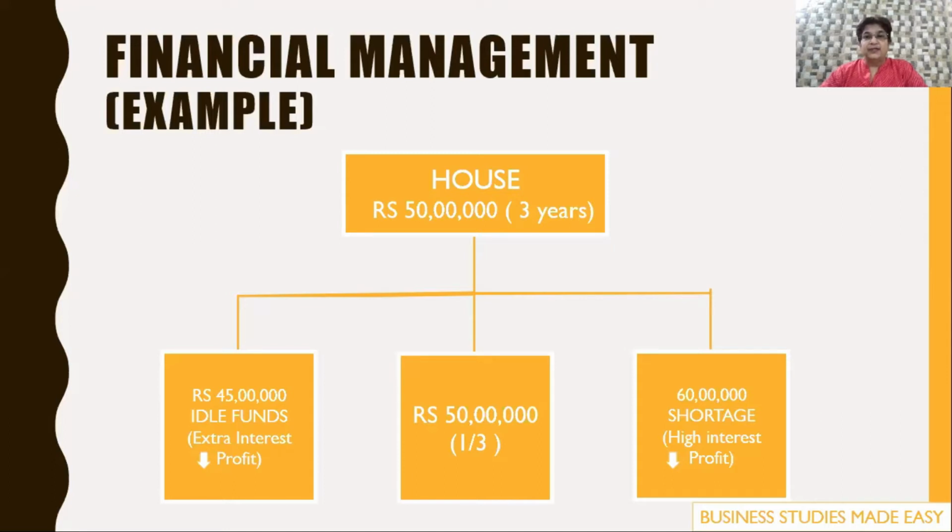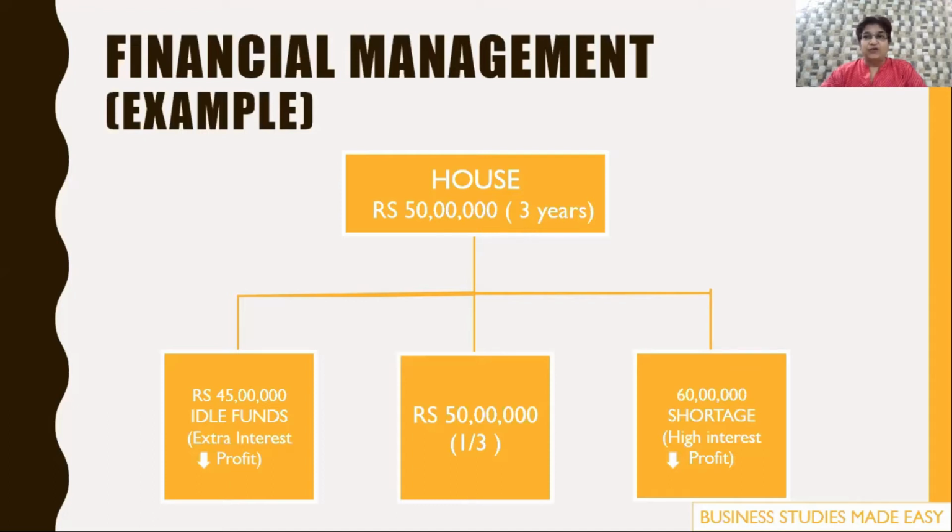And the third possibility, suppose the cost goes up due to various reasons. 3 years is a pretty long time. Anything can happen. So suppose the cost goes up to 60 lakhs and now the finance manager is short of 10 lakhs. So he has to raise that because he has to complete the project. So he has to raise that money. And definitely when you have to raise money at a short notice, you will have to pay more interest. So again, if he's paying more interest, the cost will go up. And if the cost will go up, the profit will go down. Therefore, the finance manager of a company has to be very prudent and he should have a lot of experience and vision to be able to run his company on good grounds.